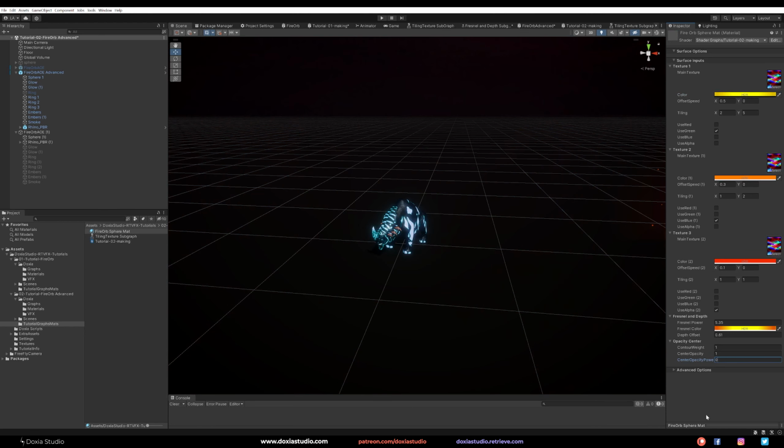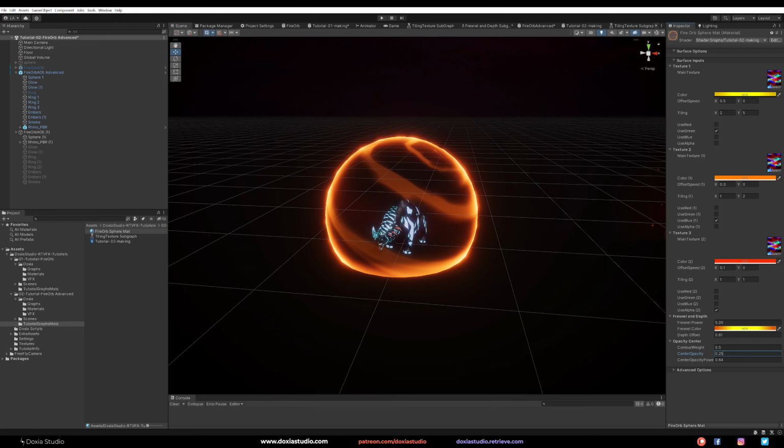And let's put this to 0. So as you can see, we are controlling, and counterweight is way too big. Let's go with 0.5. And center opacity, let's go with 0.25. Maybe center opacity is way too big. Let's go with 0. And as you can see, it's fully transparent in the middle, and you can control something like that.